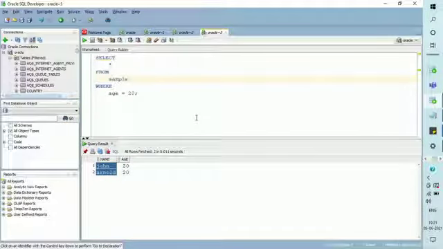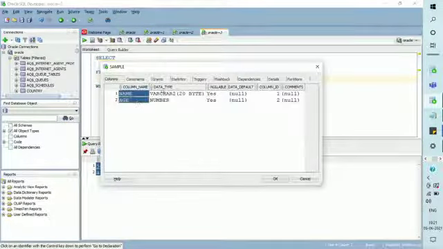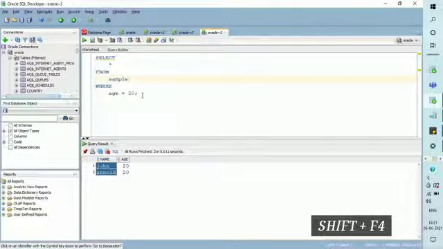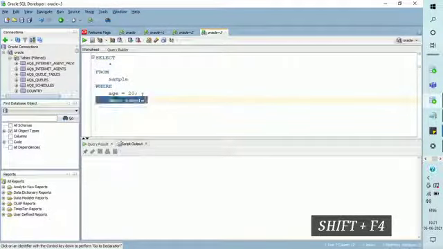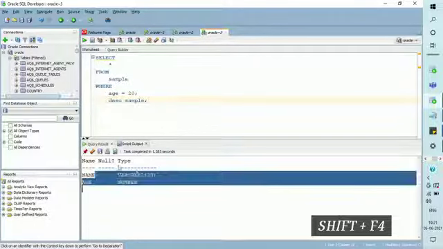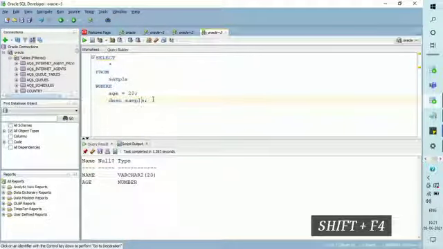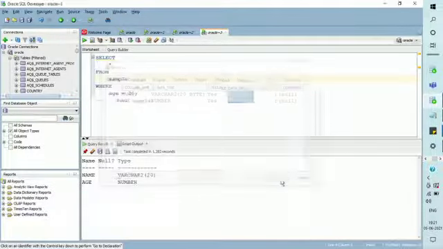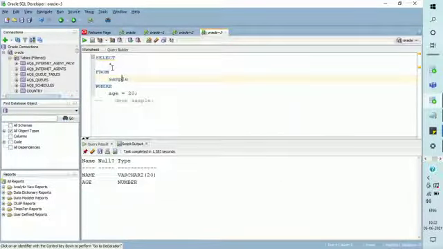So here shortcut number 9 displays the description of the current object. I have placed the cursor on the sample and clicked on Shift plus F4. It shows you the description. In other way, you can also check the description of the current object using DESC space table name. It shows the description of the table. So a simple shortcut to find the description is place the cursor on the current object and click on Shift plus F4, and it displays all the information of the current object. Let's quickly move to the other shortcut now.